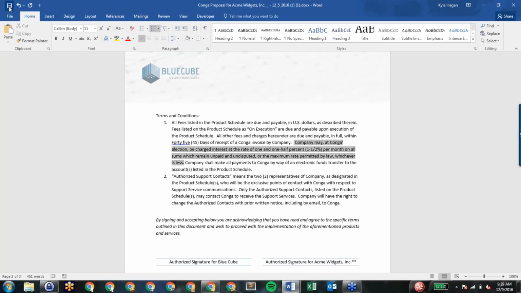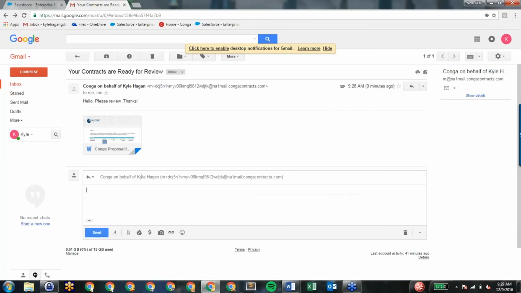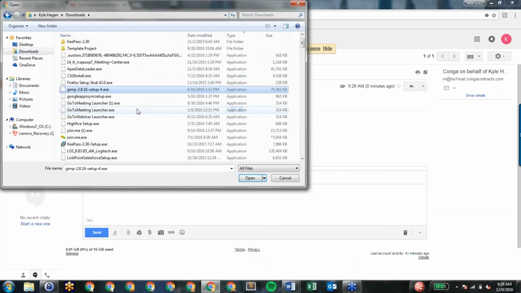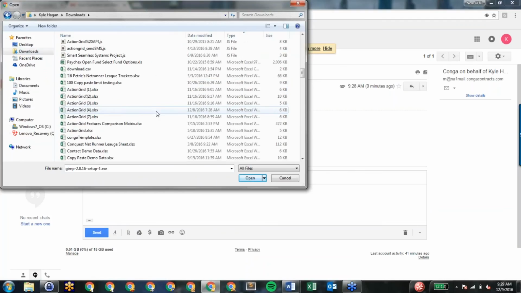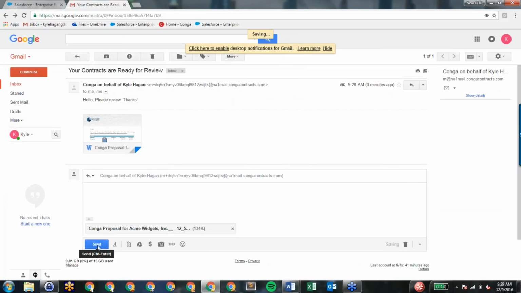So now on this end, I can just save this here. And then let me try and make sure that I did it. Okay. What I can do then is I can go back to my email. I can just reply here, put that attachment inside of here. And now when I send this back to Salesforce, it's going to have a new version inside of that opportunity